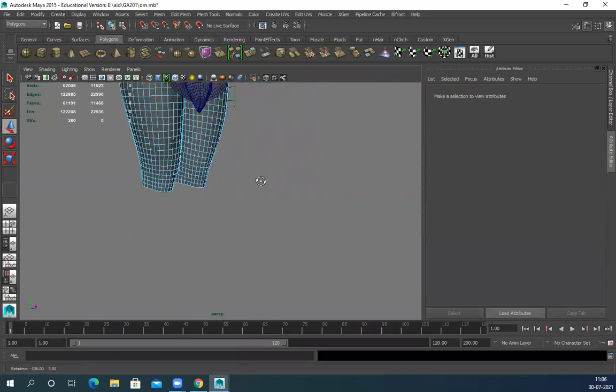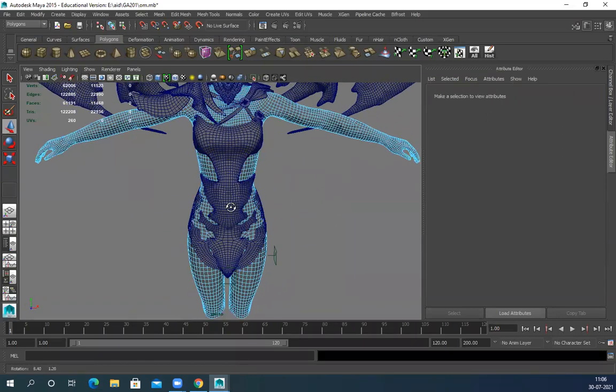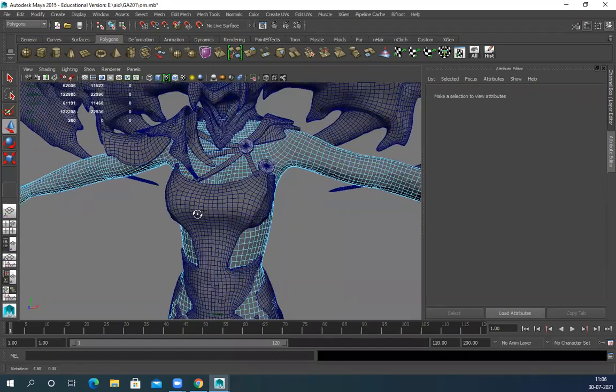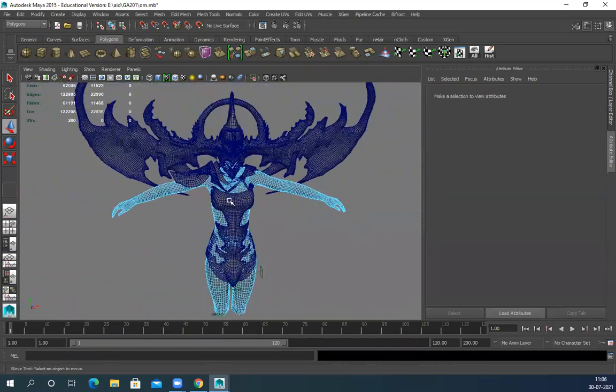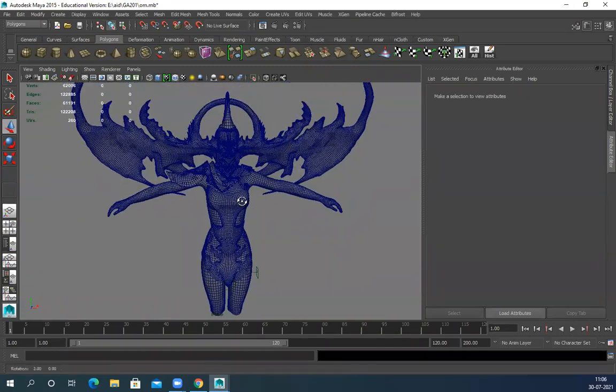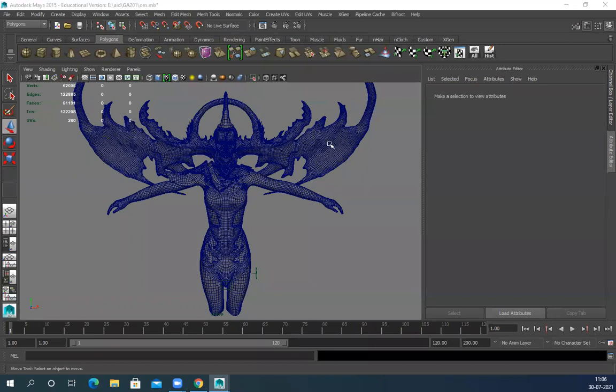Just cleaned it. So just need a couple more things. Let's open the ZBrush file. Let's finish the low poly quickly.